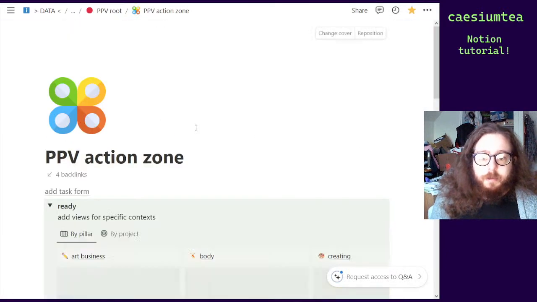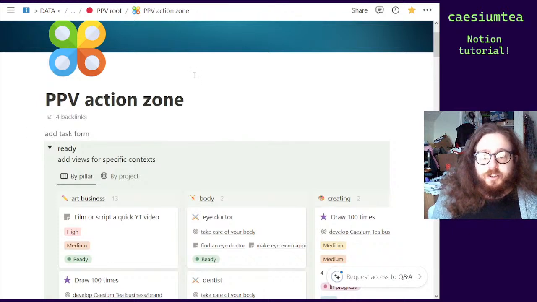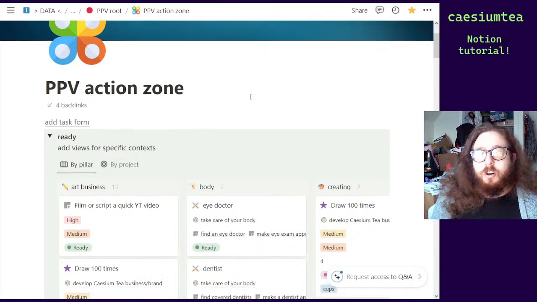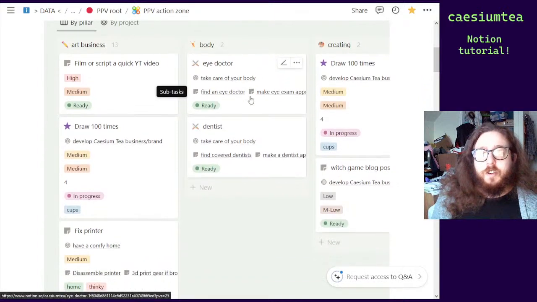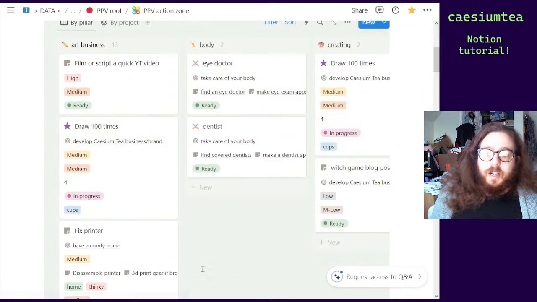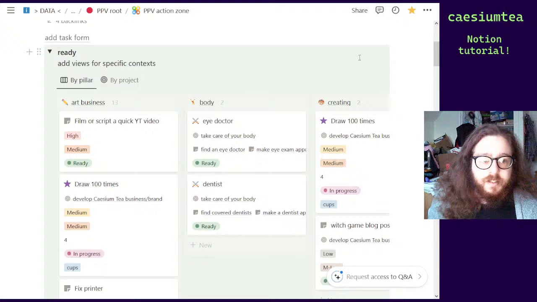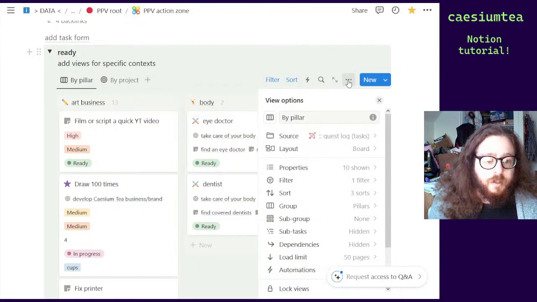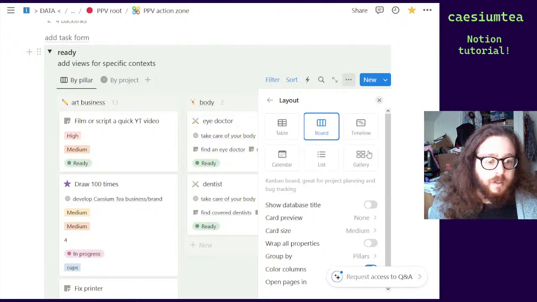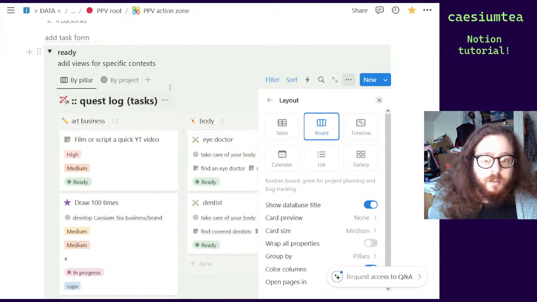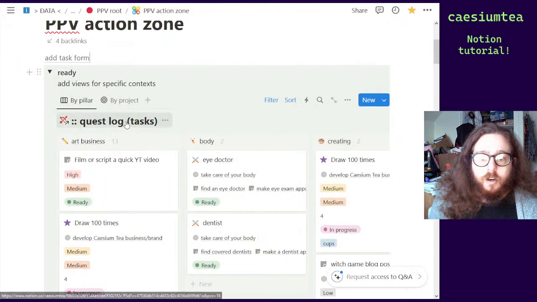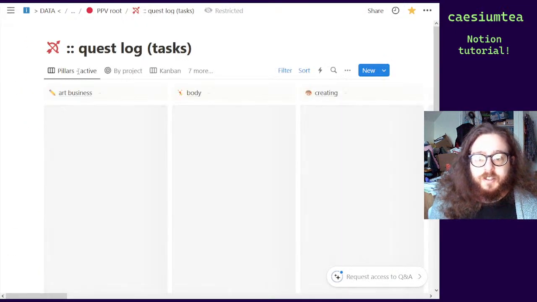And this PPV action zone is my task tracking system. So this is not the database itself. This is another dashboard, sort of, that's all just different linked views into my database of to-do list things. And let me show the database title. Quest log is what I call my to-do list, and I can click on that to see